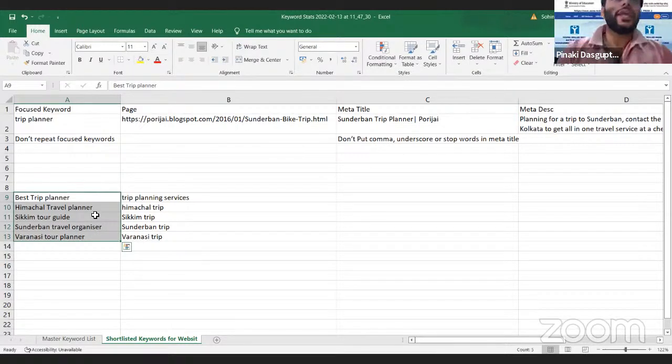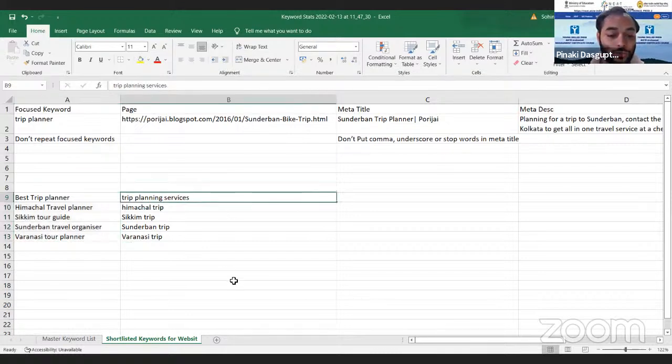So keyword actually tells about the page content. What is the content of that page? If someone searches for best trip planner, that means that person's intent is to check who are the travel planners in his city. So best trip planner is the most relevant according to the person's intent. So you have to create the relevance of each and every keyword, each and every page. So here it is the sense of all.